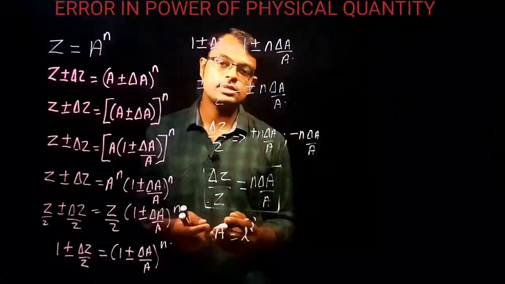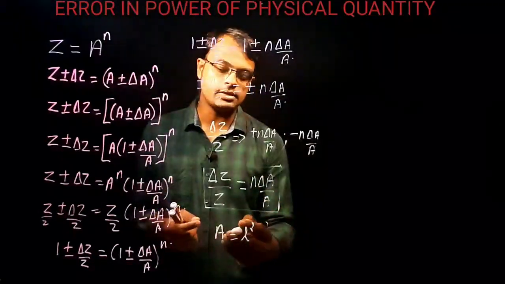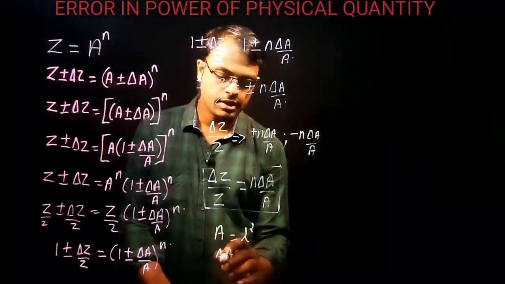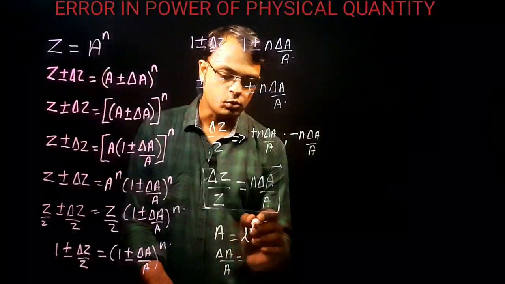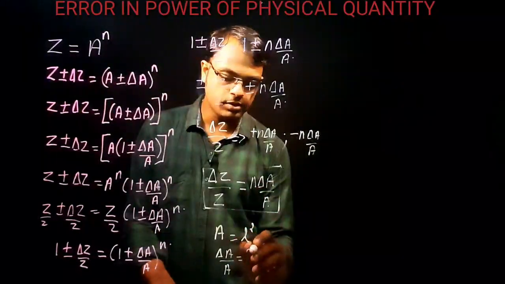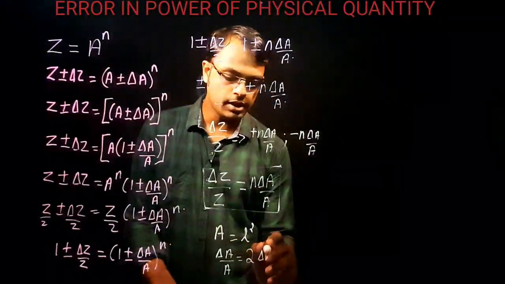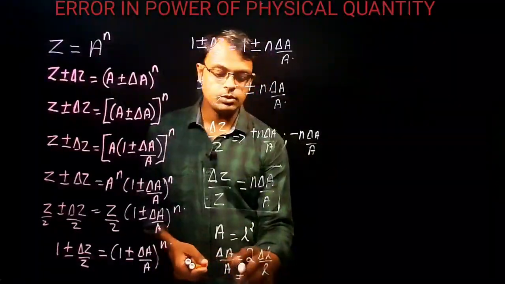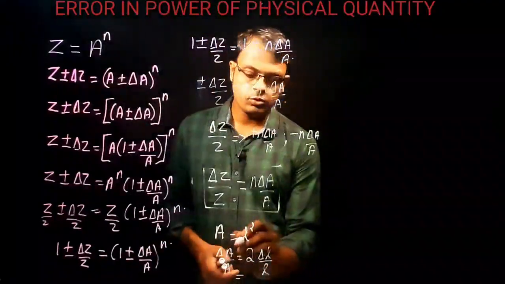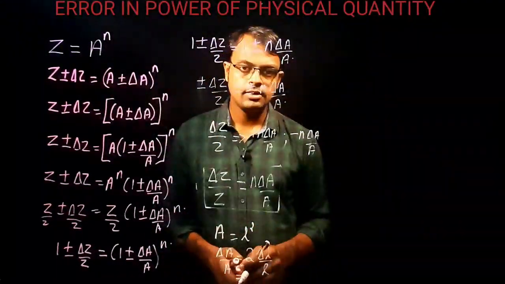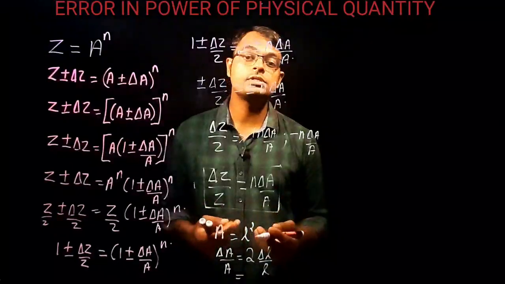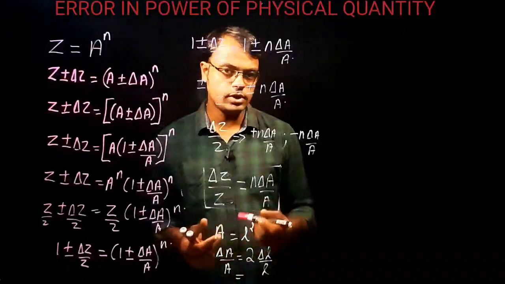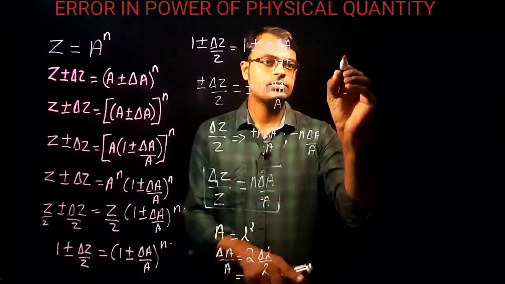So the question is here, what is the total error or the fractional error in the area? So we can write this equation as delta A by A is equal to power times, here n times, power becomes what? 2 times the relative error in the measurement of length. So this is a way to write the relative error. If you multiply with 100 on both sides, the relative error becomes what? The percentage error. Okay. One more example.